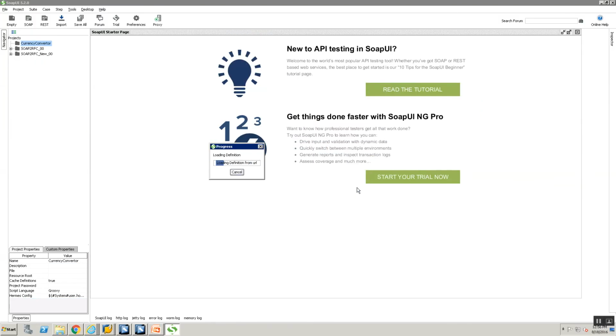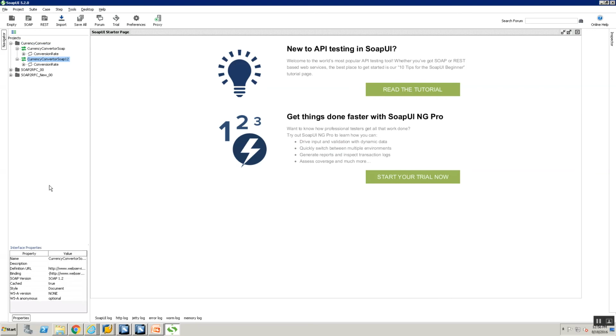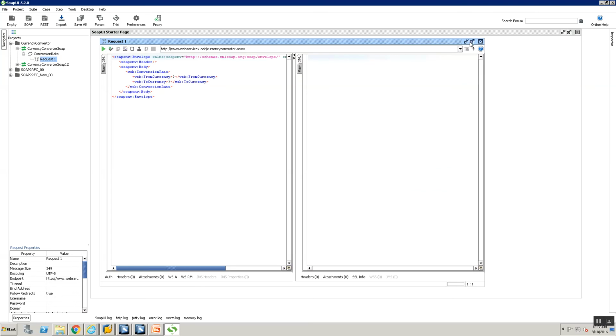Yes, now you see what SOAP UI is doing is it is connecting to the target system, to the web service, and it's downloading this. So forget the SOAP 1.2. PI at this point only supports SOAP 1.0, so we are just going to focus on SOAP 1.0. So go to currency converter SOAP conversion rate request 1, okay, and double click the request,